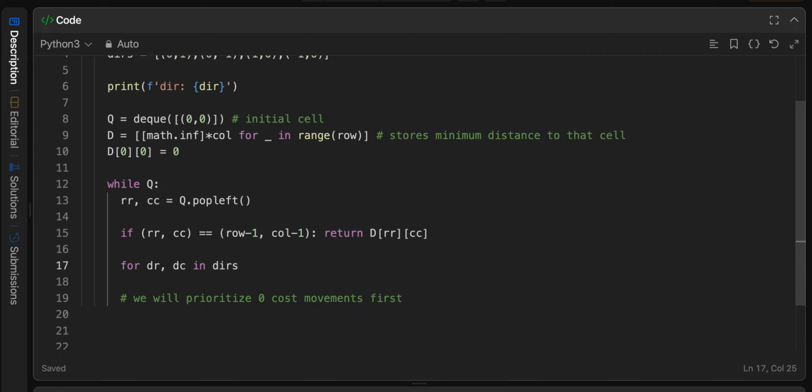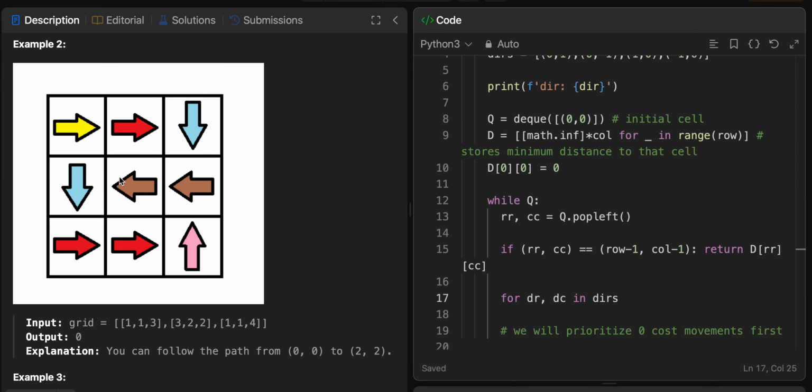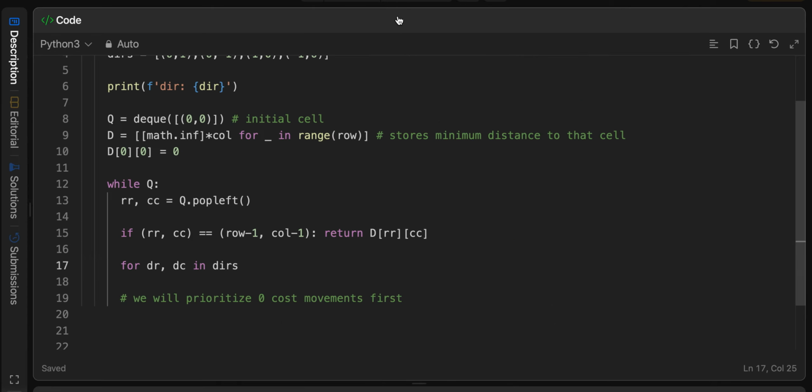The tweak or the adjustment we need to make is here. Remember, we have these arrows here, and if we go the same direction as the arrow, there's 0 cost. But if we change the direction of the arrow, there's a cost of 1. So let's incorporate that into our exploration here. What I'm going to do is enumerate dirs. And typically enumerate starts at